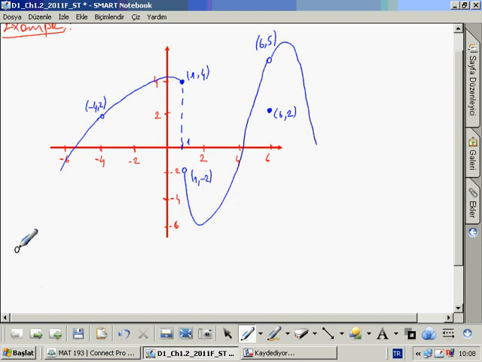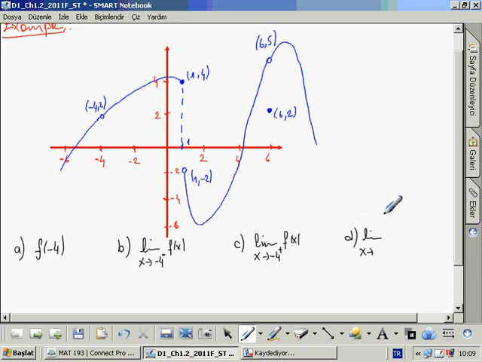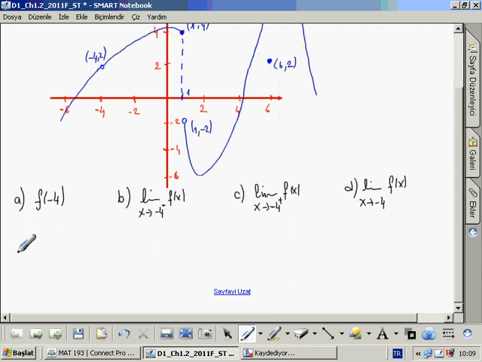And so A, what is f of minus 4, and B, limit x equals to minus 4 from left hand side f of x, and C, limit x equals to minus 4 from right hand side f of x, and D, limit x equals to minus 4, f of x, and the E,